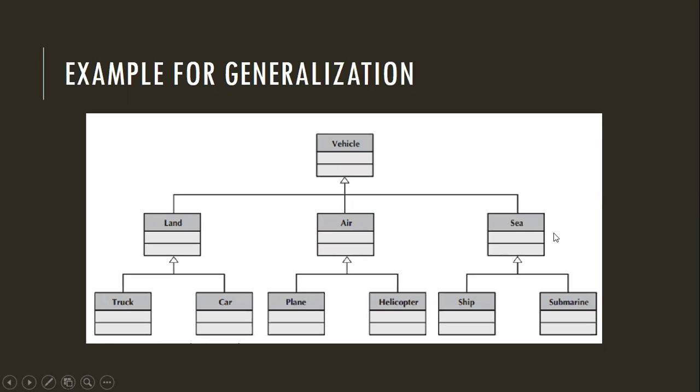So air comes under, it is a kind of a vehicle. Sea, okay, you can say ship, all this comes under what? Submarine, all this comes under sea, right? So sea is a sea vehicle, is also a kind of a vehicle. Okay, it's not fully depending, it's a partial dependence. Okay, it's partially depending on vehicle. Now see, land is partially depending on vehicles, air is partially depending on vehicle, sea is partially depending on vehicle. Okay, land is a kind of vehicle, air vehicles are kind of a vehicle, sea vehicles are kind of a vehicle. එකම vehicle kind එක එන ඒවා.